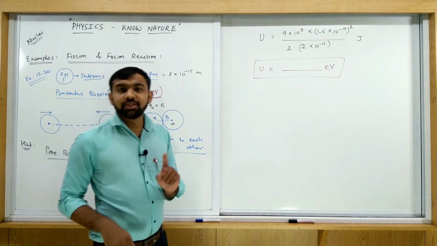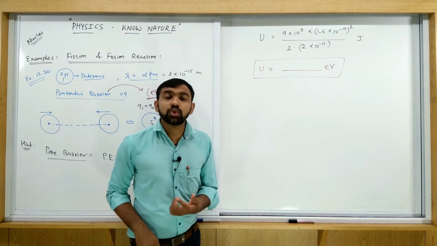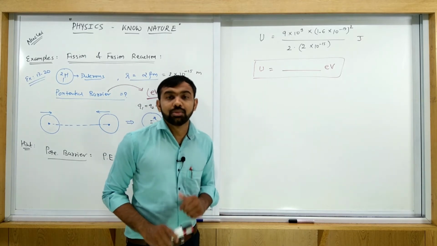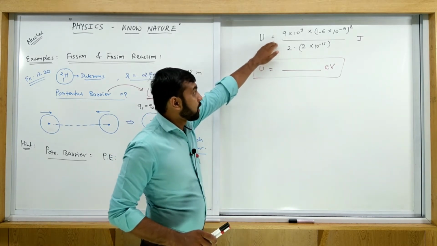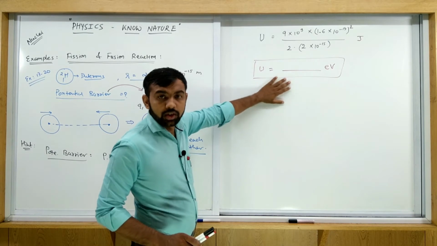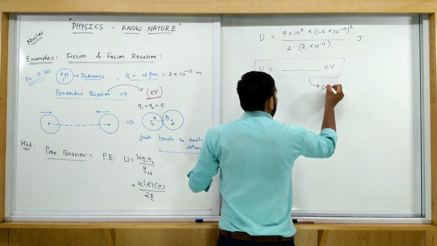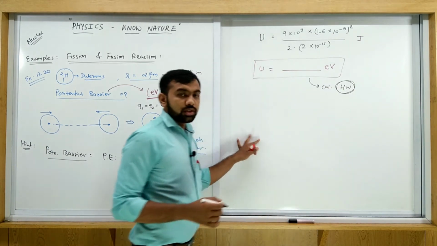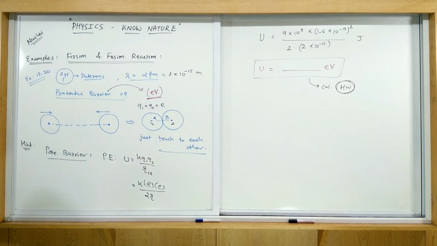1 electron volt is equal to 1.6 into 10 raised to minus 19 joule. So 1 joule is equal to 1 upon 1.6 into 10 raised to minus 19 electron volt. By this equation, since this answer is in terms of joule, convert this value in terms of electron volt. The remaining calculation is homework. Note down this example in your books with a proper calculation.